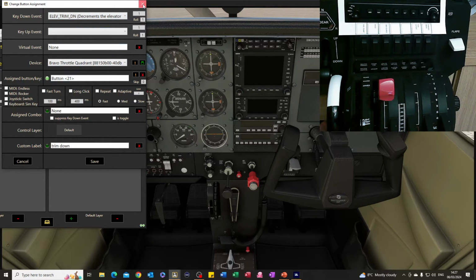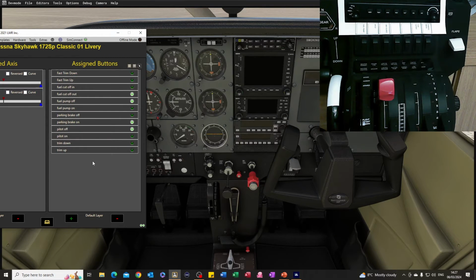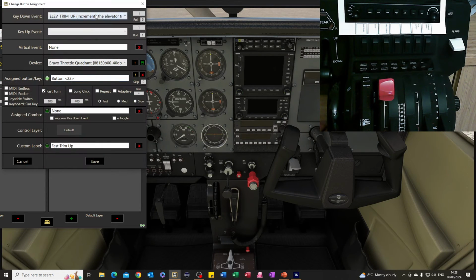The trouble with that is if you just use those, you're winding this wheel quite a lot to get it to actually respond, to actually do anything. It's very fine, but it's not very sensitive. So what I've done is I've created a fast version of the up and down. So it's the same command with the same figure in here, so 1, but this here has been altered so